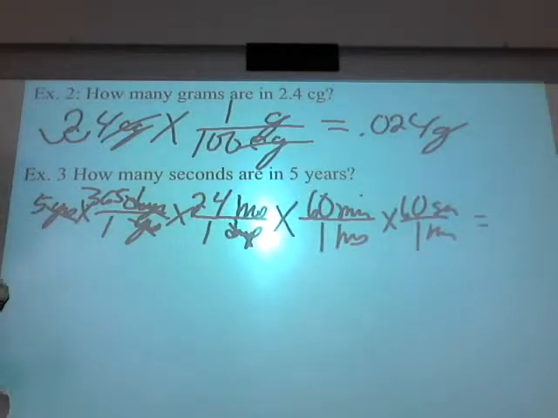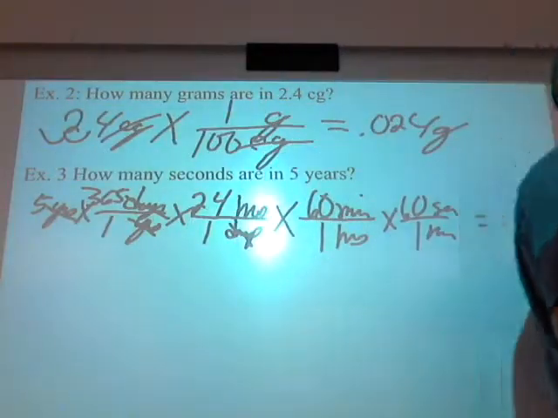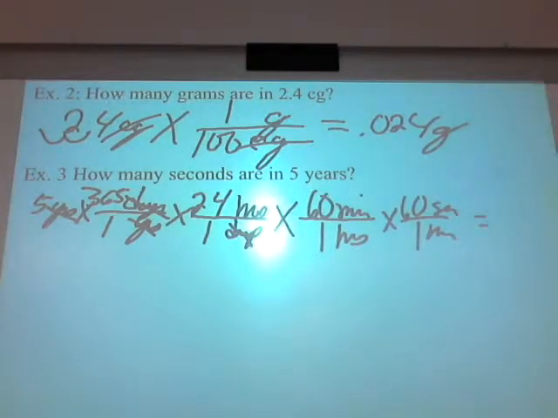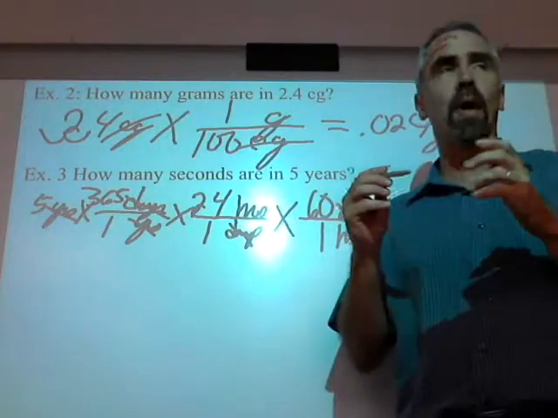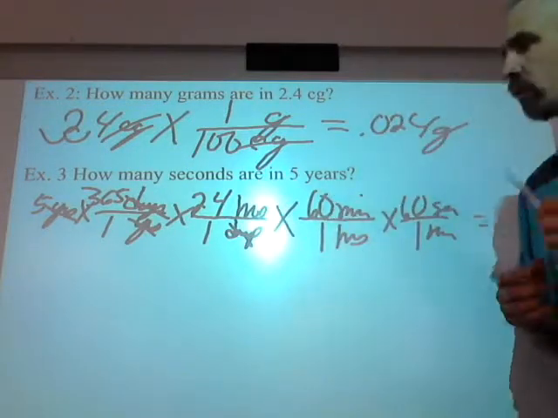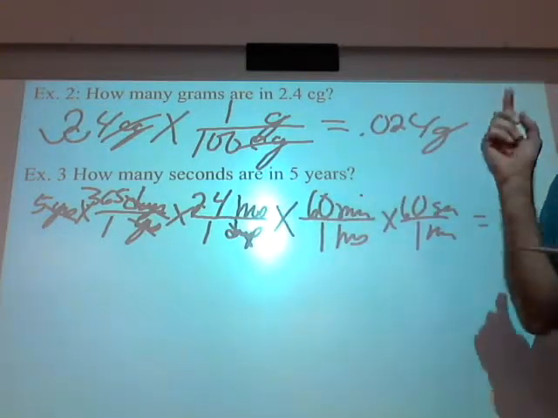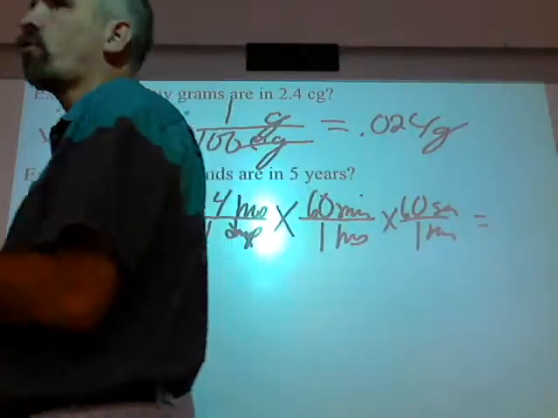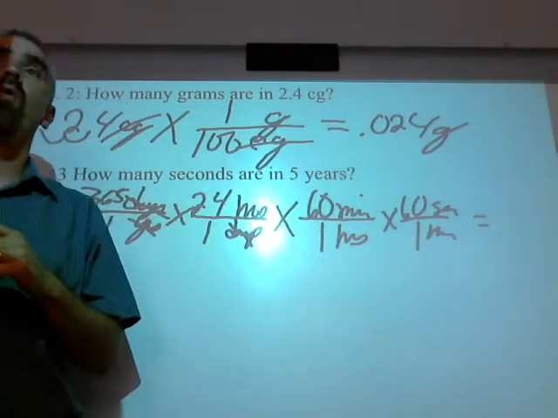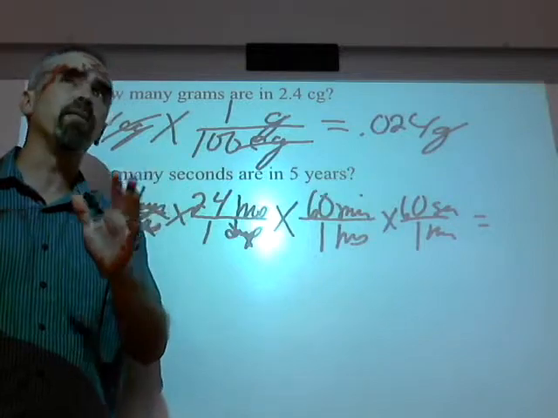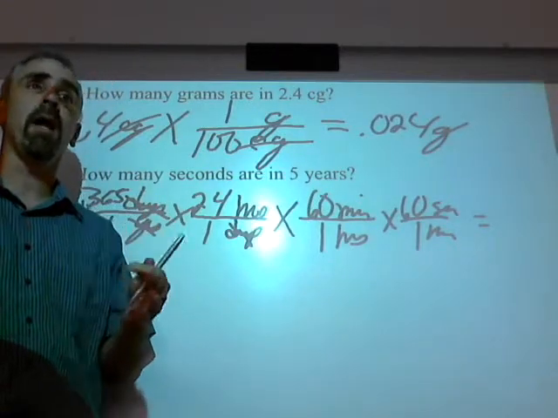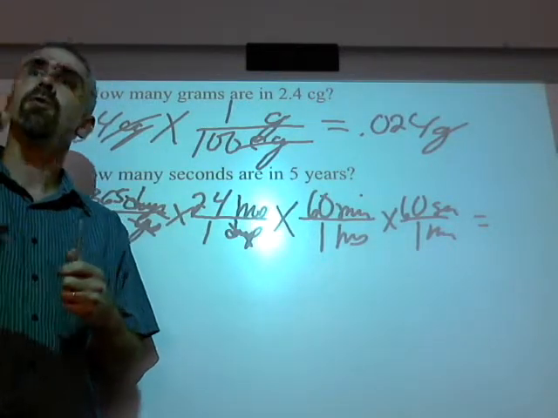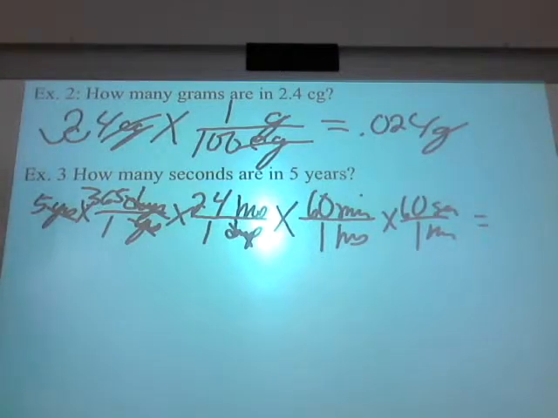Now, stop. That's how you would do it. You don't need to get a calculator out and do this. Because you know what? I'm going to make a very key statement today that you're going to hold me to for the rest of the year. I will never take off any more than 1 point on a test, worksheet, or anything for a wrong answer. Even if the problem's worth, and I'll have problems that are worth 10, 15, 20 points, you'll never lose more than 1 point. Let me show you why.